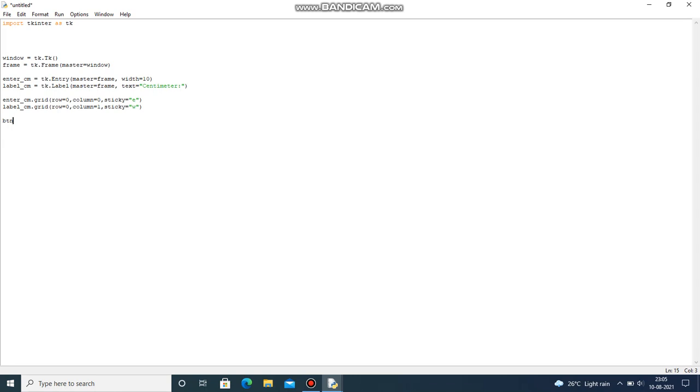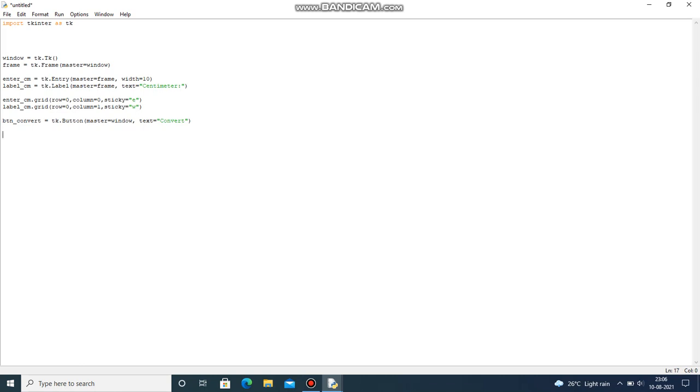Now let's give button convert is equal to tk.Button with master equal to window, text equal to convert. Okay, because we are trying to convert it, isn't it? So now we have to give a command here because the button should be converting from the centimeter to meter.